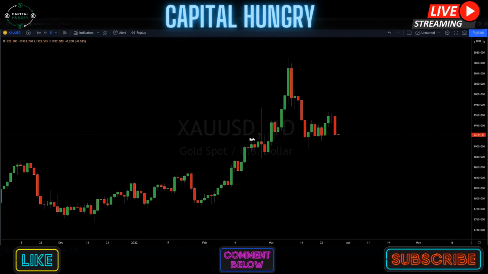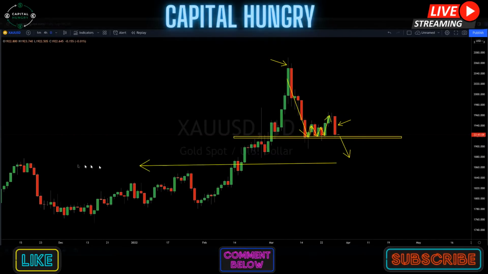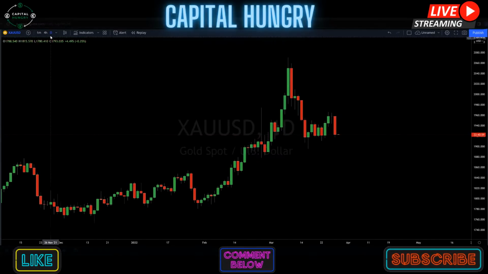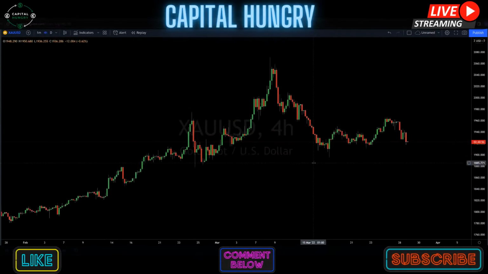So gold was still respecting bullish market structure above that 1920, 1910s price point. You can see we had this pullback as buyers took profit from these highs, a support being created and a very nice bounce from this area. But 3 days of bullish price action just got canceled out in a single day. It looks like we're getting aggressive profit taking by buyers to close off the quarter, where we could easily get deeper pullbacks to revisit these previous high price points for the new quarter before seeing the buyers back in play on gold. Okay? So I am starting to see a lot more seller pressure developing.